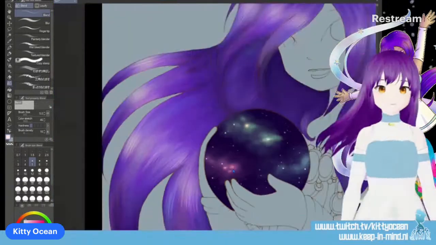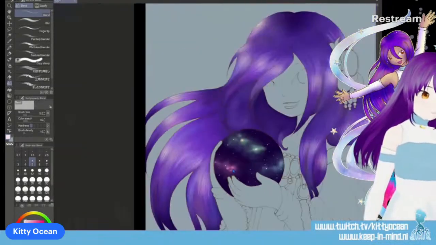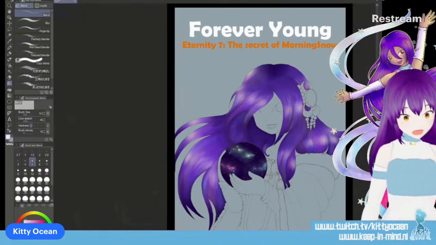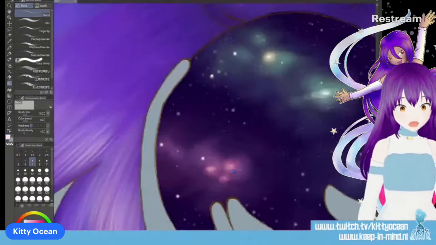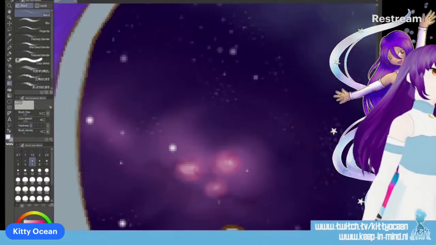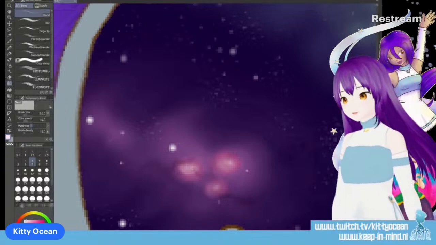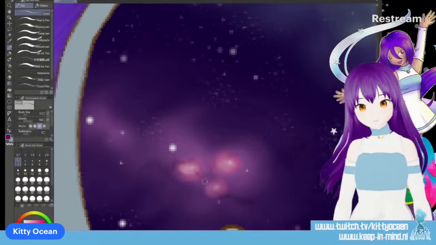Do I like this? Well, it does look nice from a distance. Nice and alien-y. But I'm gonna see if I can add a few more lines to it.